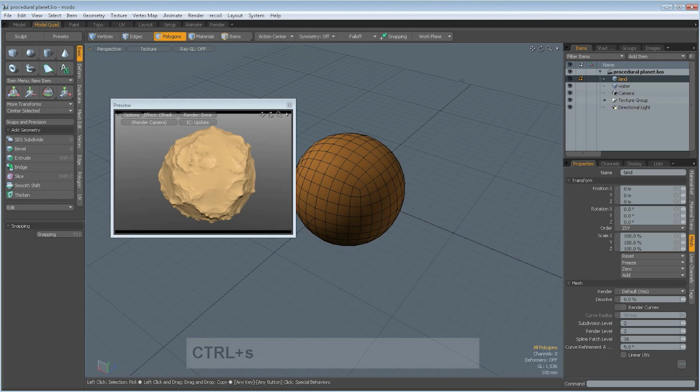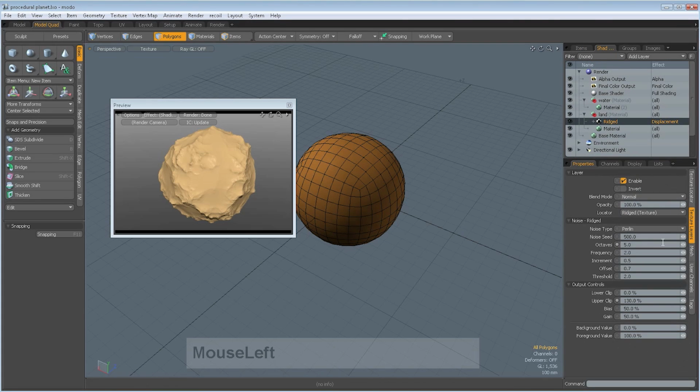Okay, to actually show our water, we should have them both selected. And they are, but the ridge texture is over top of the water underneath, so what we need to do is change the background and foreground value. It only goes up right now because it starts at 0, which is how big the sphere is. So we'll change it to -50, +50,